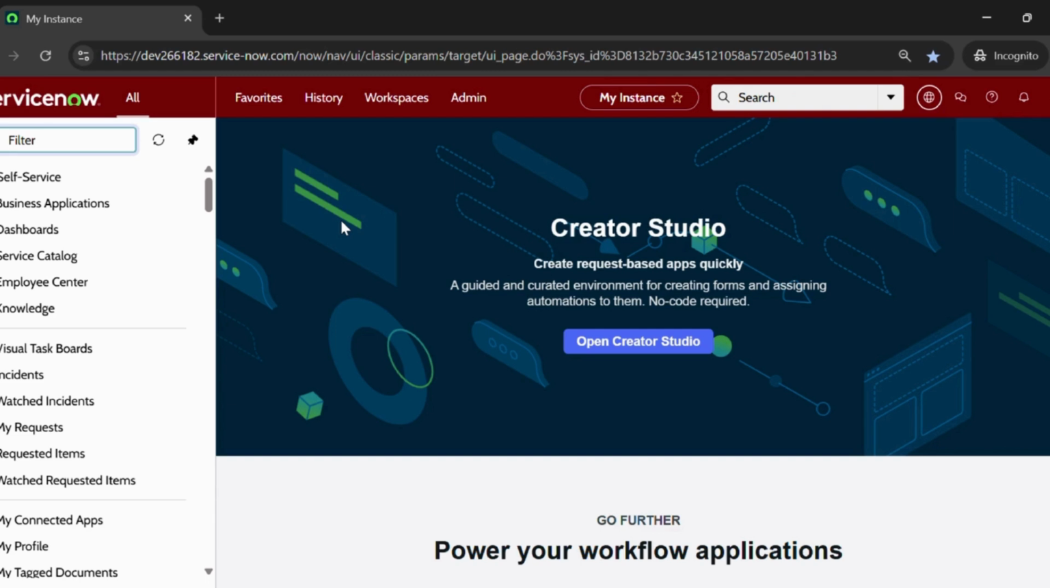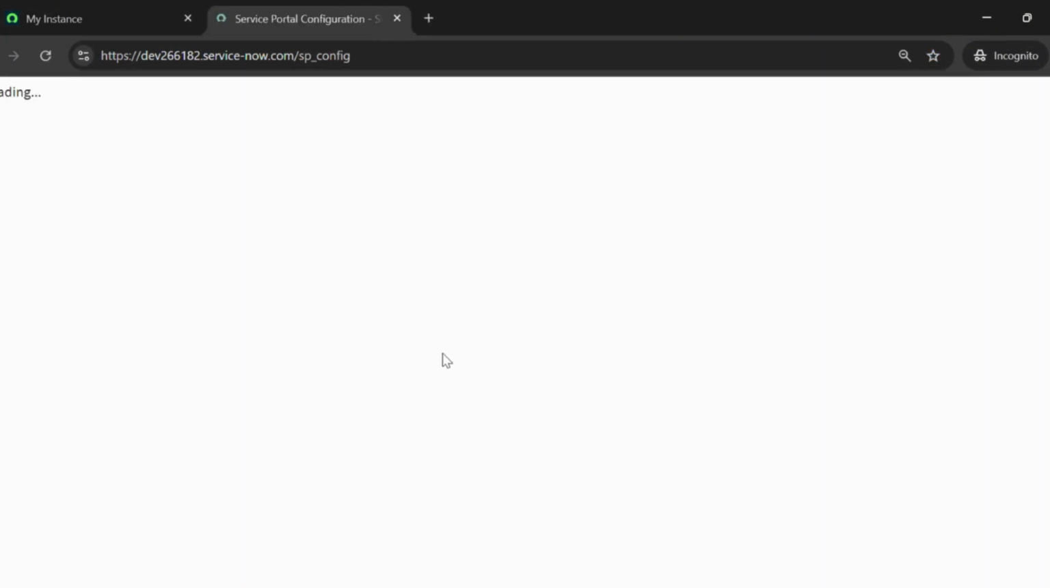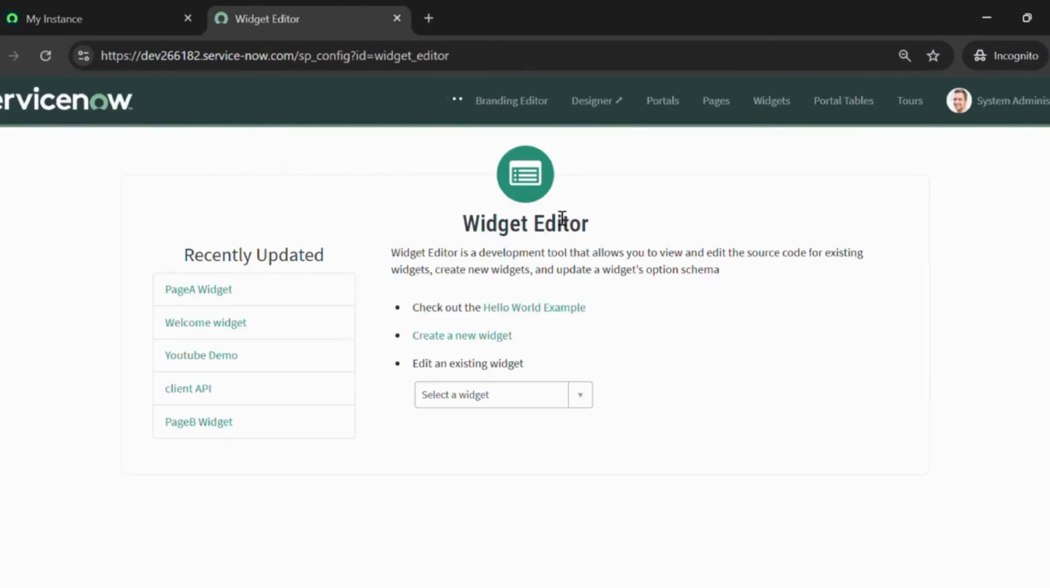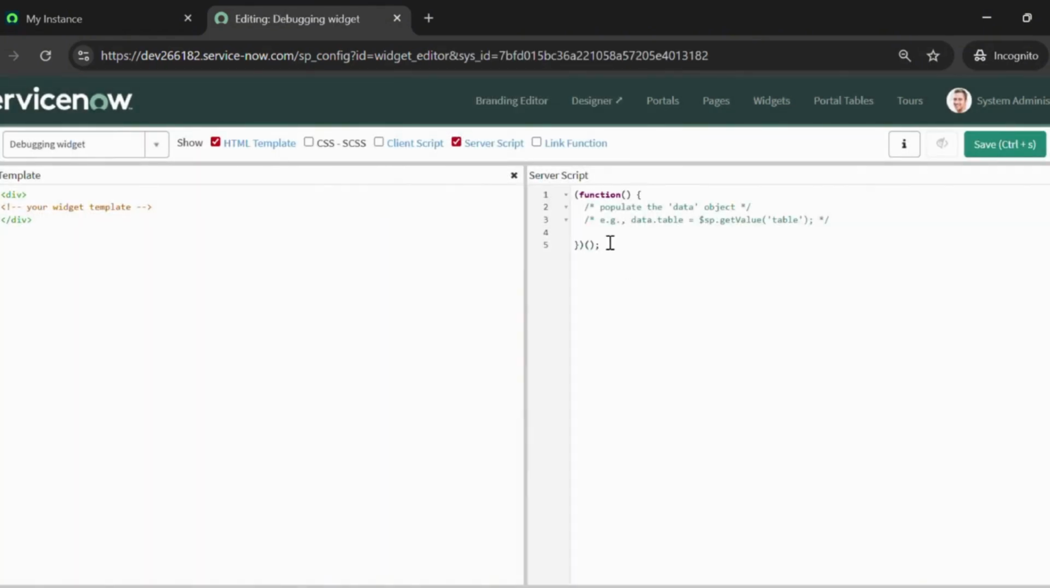Let's create our own widget to see how to debug widgets. Portal configuration, widget editor, and then let me name the widget as debugging widget. Let me first set up a variable in the server script, like data.demo variable, and its value as debugging